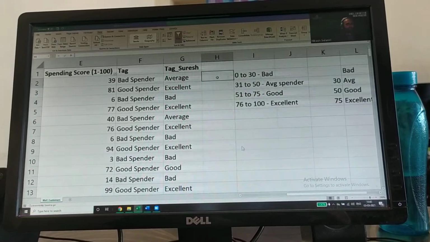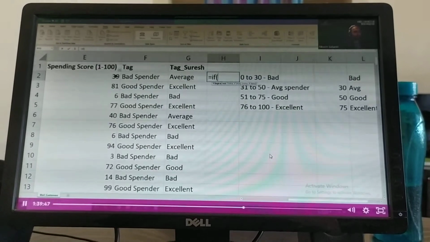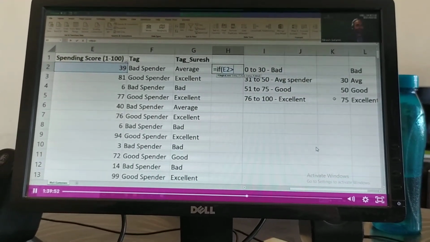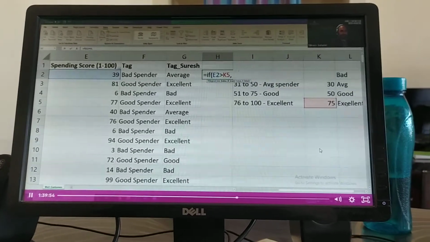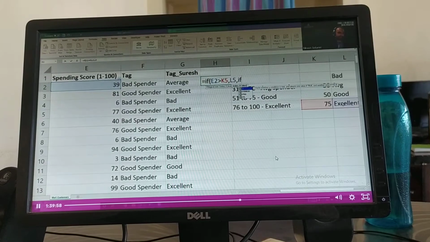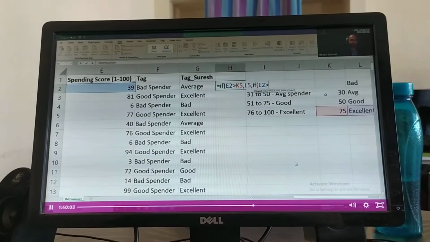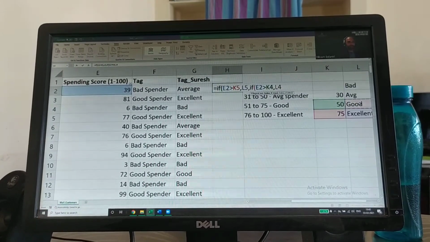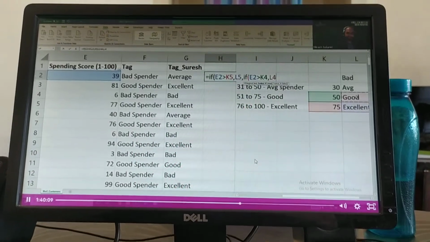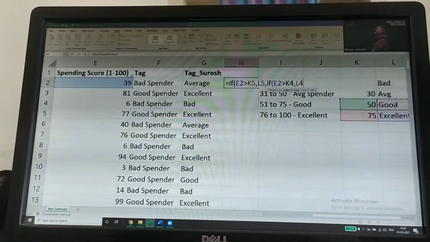Okay. So let's write it again. If this is greater than 75, we'll do excellent, right? We'll write an if again. If this is greater than 50, show good. You put the comma after K4, you are manually doing the comma. Yes, manually doing the comma. You can use fx also, the fx that I have mentioned on the top, right?